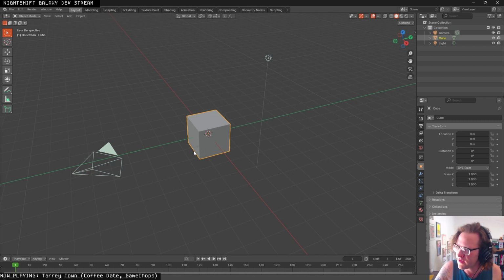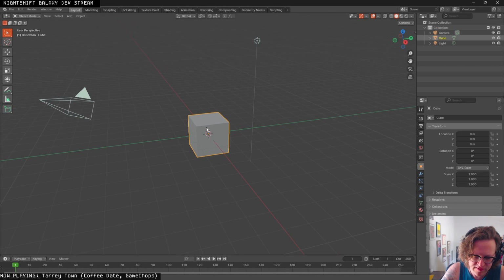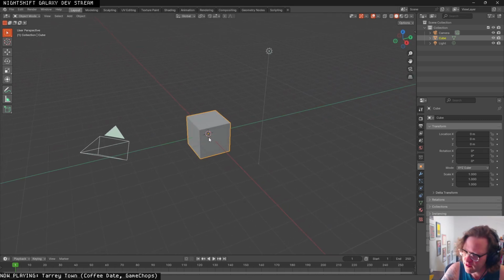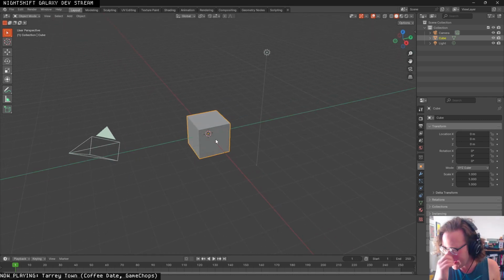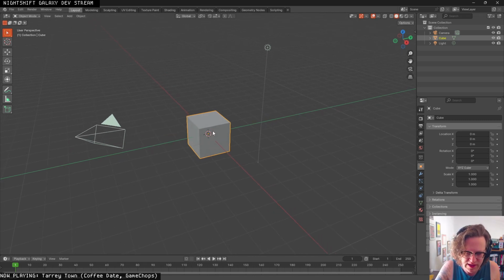So why I've been thinking about this is that the way we were working on Nightshift Galaxy before, we were budgeting for hiring artists and imagining that all the environments would get laid out by a level designer and then decked out with art by a dedicated 3D artist. Now that it's just me, I need to find a new process for how I want to lay out and deck levels,